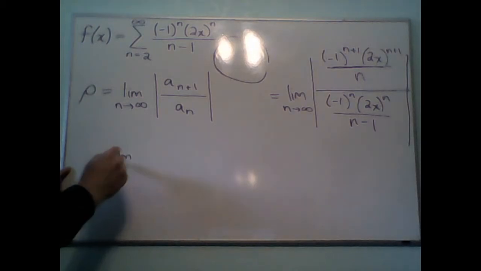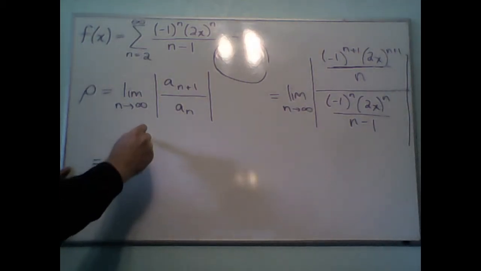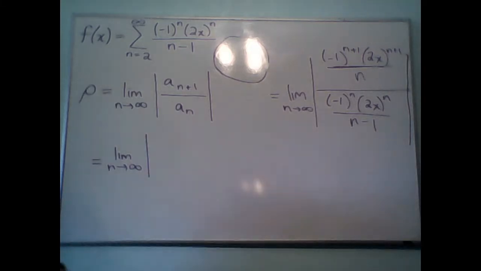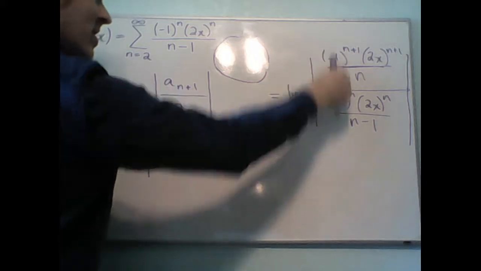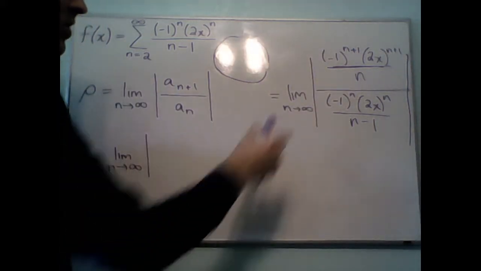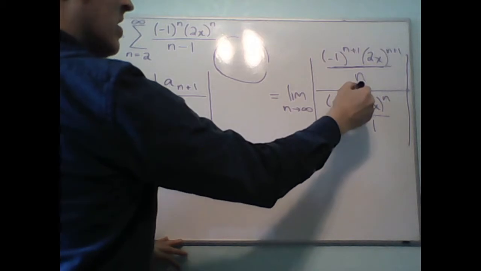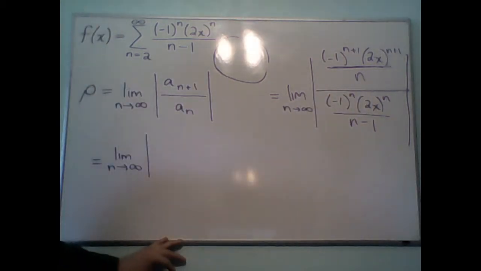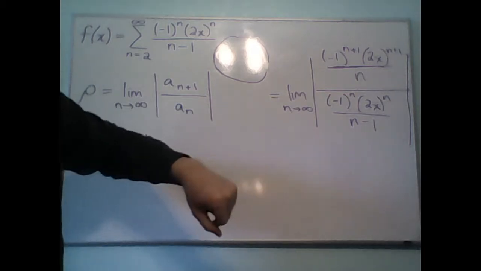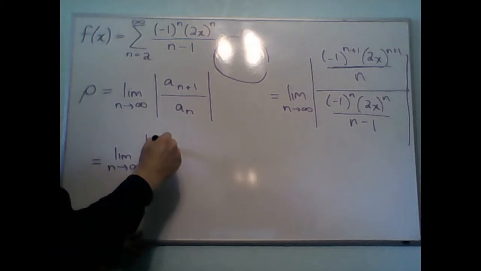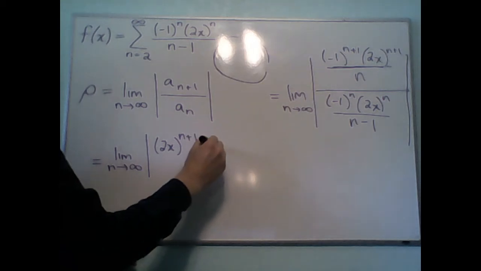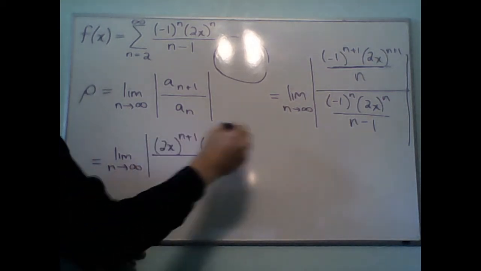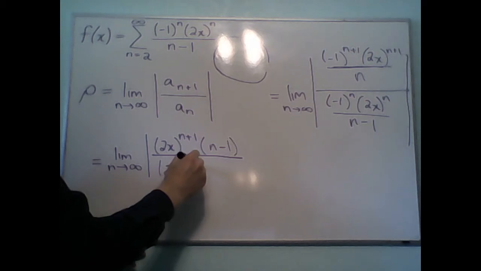It's going to be the limit as n goes to infinity of the absolute value of... before I keep going, let me just note that since I'm taking an absolute value, these -1 to the n's, which are otherwise going to be either plus or minus 1, those will get killed by the absolute value to just be positive 1, so I can ignore them going forward, right? Whenever the absolute value got applied to these, they would become positive 1. So the top here is going to be 2x to the n plus 1, and then times n minus 1. The denominator will be 2x to the n times n,